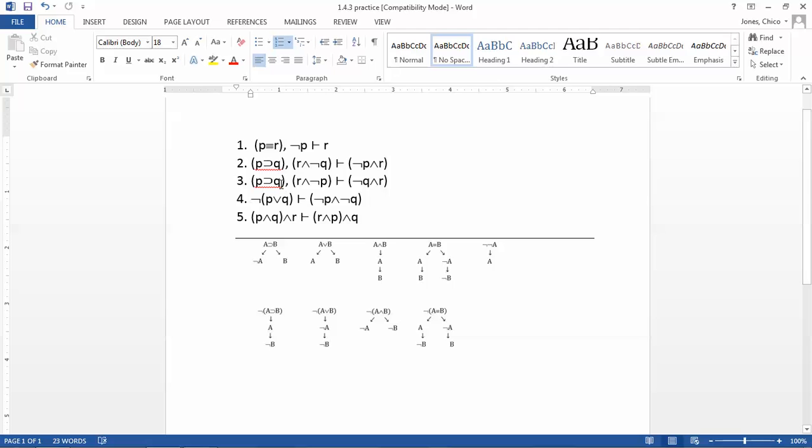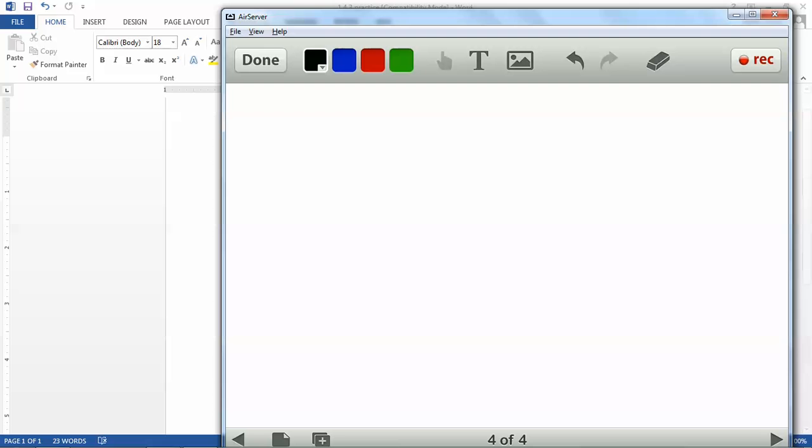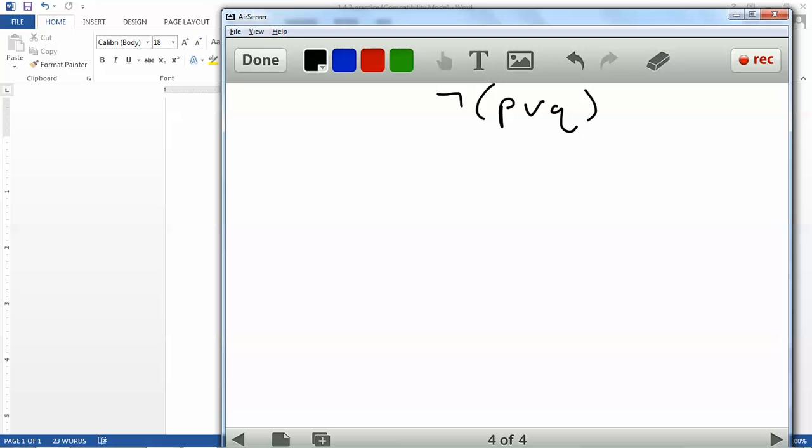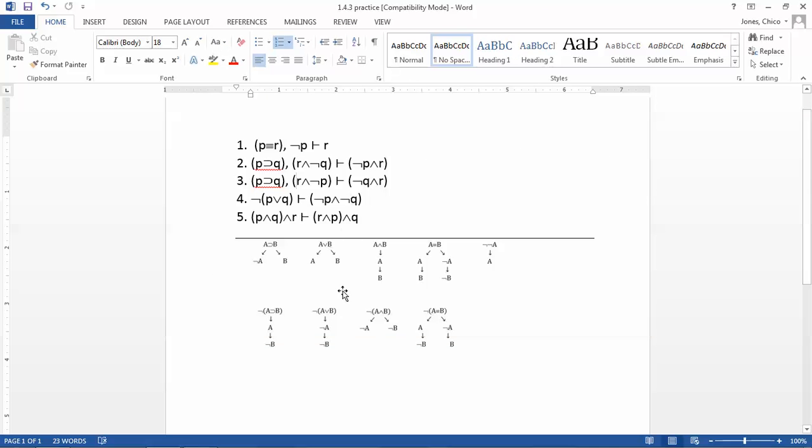So this one I'm going to say is probably invalid. Let's go ahead and write it out, though. We have not the case that P or Q, and then I'm going to see the negation of this. Let's see if we can have the negation of that. It's not the case that both not P and not Q. Is that true? Alright, so I am going to go first with the not or rule, and the reason is